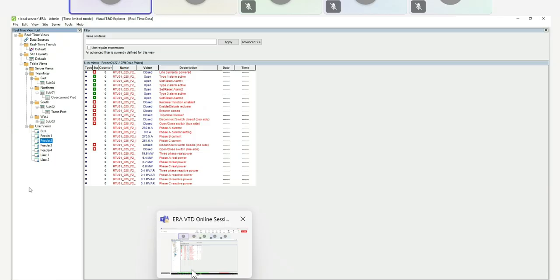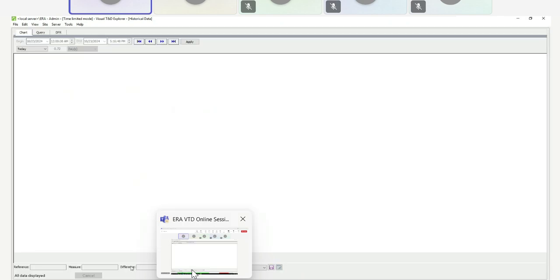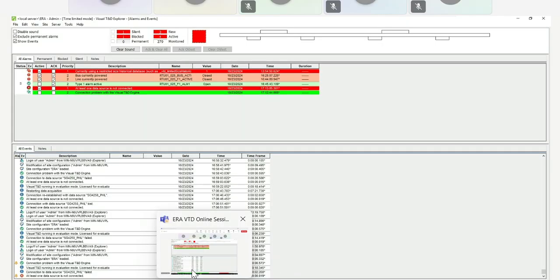So that's the real time data tab. So for the historical data, let me check if I remember how to define points here.